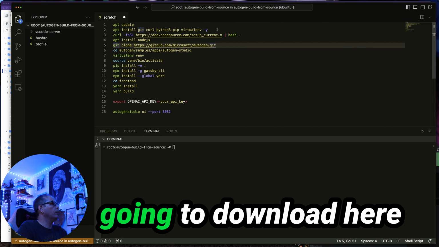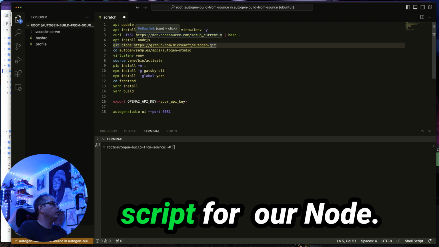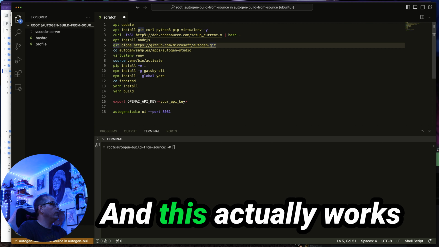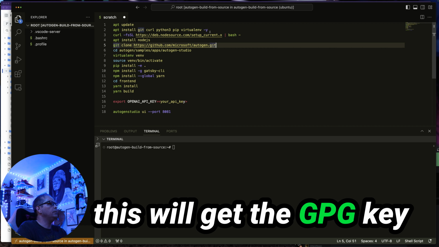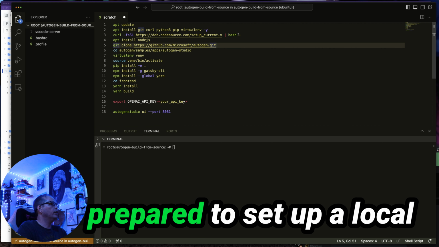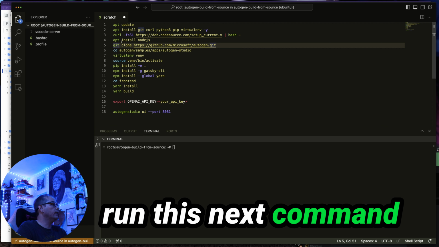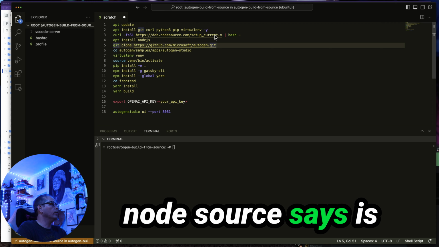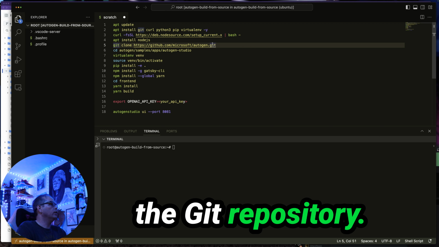And then after that, we're going to download the latest installation script for Node.js. This actually works in concert with apt, so this will get the GPG key and get everything prepared to set up a local environment variable, so that when I run the next command, apt install nodejs, it's going to use whatever NodeSource says is the current version. Next, we clone the Git repository,